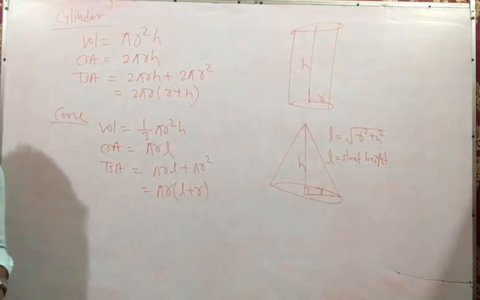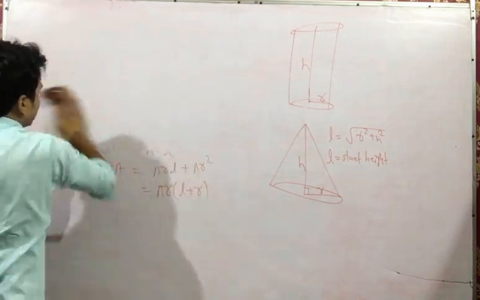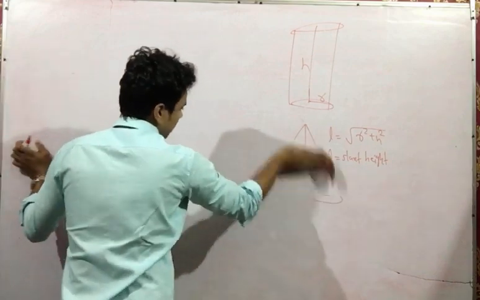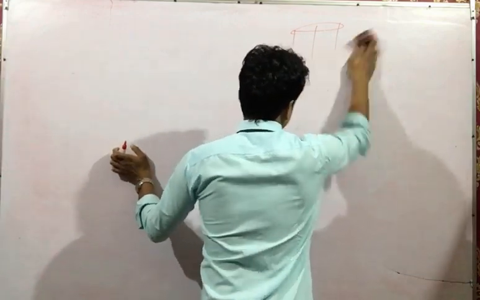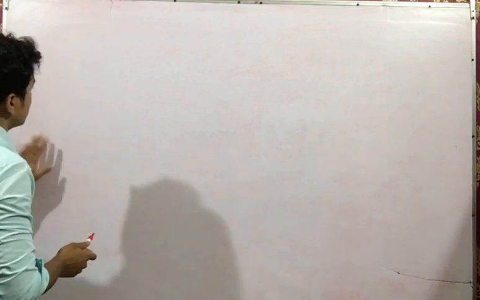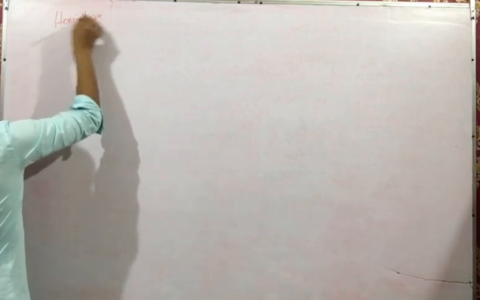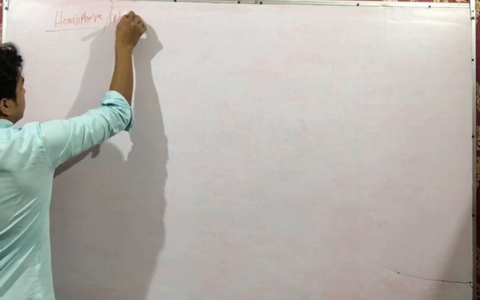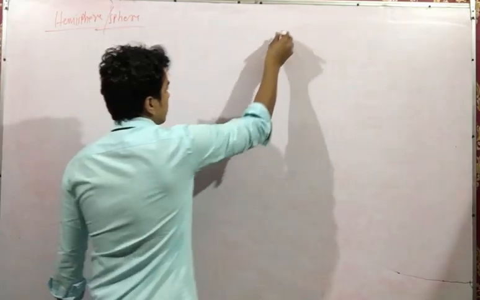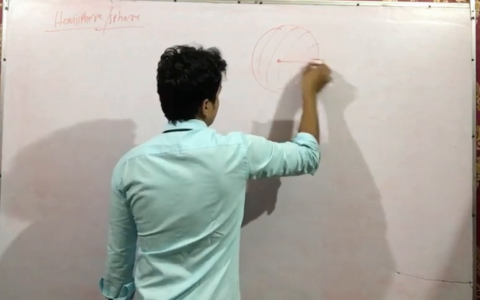Now we'll move towards hemisphere and sphere. And after that frustum is there, but frustum is removed from the board syllabus for this session, so I will not teach you about frustum. But yes, one extra thing I will teach you that I promised in the beginning of the video. The next is hemisphere or a sphere. These both things, okay? So first of all, what is a sphere? It is a 3D shape. Radius is r.